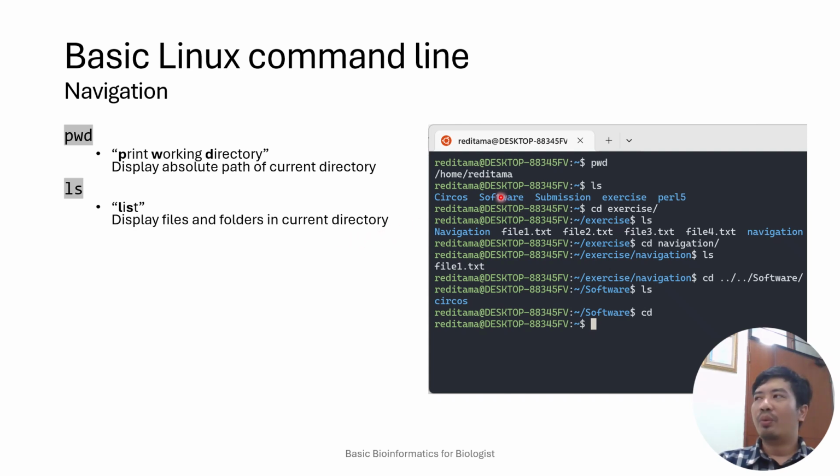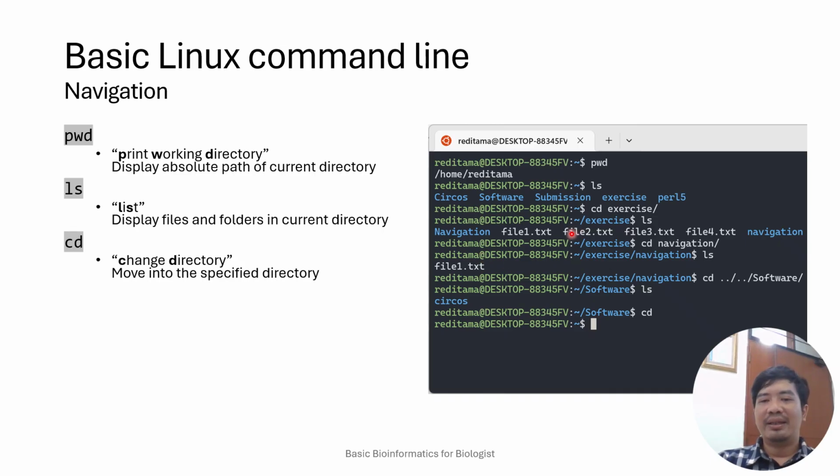You want to know what files and folders are in your home directory, and it's written something like this. It means that we have 1, 2, 3, 4, 5 folders, and then if you want to move to one of the directories, you can write cd and put the argument exercise from this information.